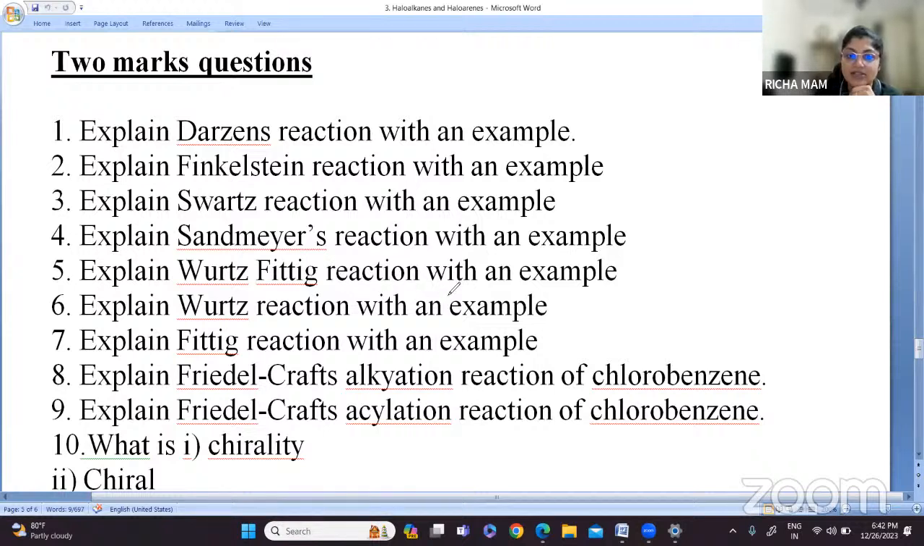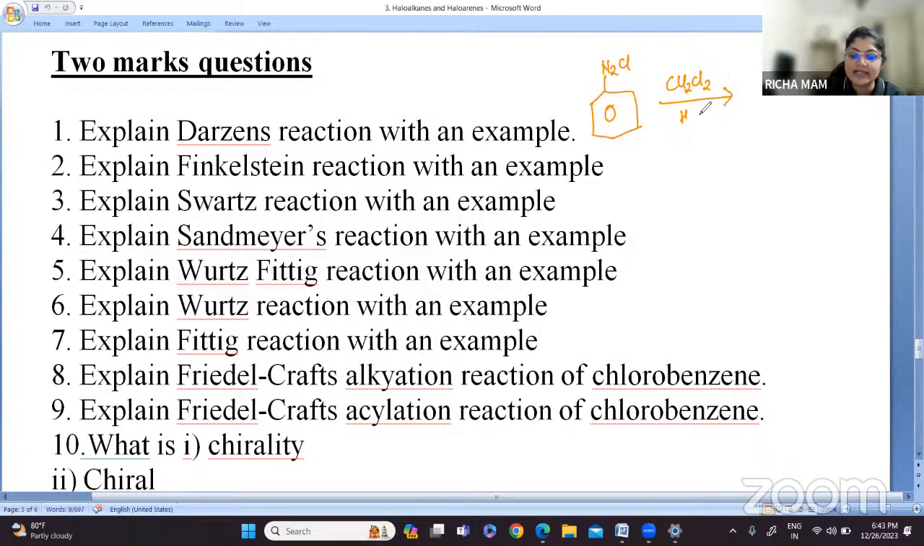Explain Sandmeyer's reaction with an example. So what is Sandmeyer's reaction? Yes, students, what is Sandmeyer's reaction? Chlorobenzene and bromobenzene can be prepared by treating benzene diazonium salt, that is N2Cl, benzene diazonium chloride, with cuprous chloride, that is Cu2Cl2,